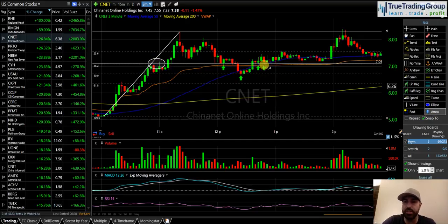And then for the entire rest of lunchtime, you see this stock hold above that VWAP, that previous high, and that 38.2 Fibonacci level. This is when I said around 1:30, guys, look for an increase in volume on that CNET as we roll out of lunchtime for a possible break through the high later in the day. Right before 2 o'clock, right when you want to start to see strong stocks gain volume, look at this beautiful, increasing, steady, consistent volume as the stock busted through this 750 that was some resistance throughout lunchtime,